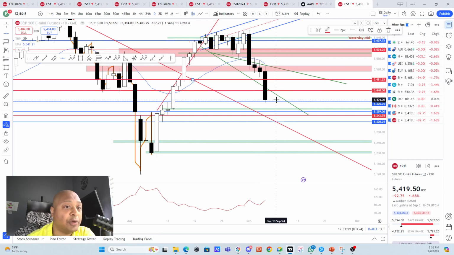Now, if we start going up from here, and then we are targeting 100 points for Monday, which I do not think is a very feasible option. But you never know, if the market goes up, then it can even go up to the 5500 or the 5505 level based on the daily chart.